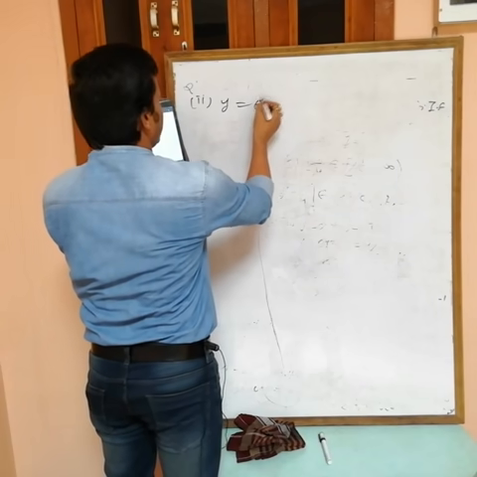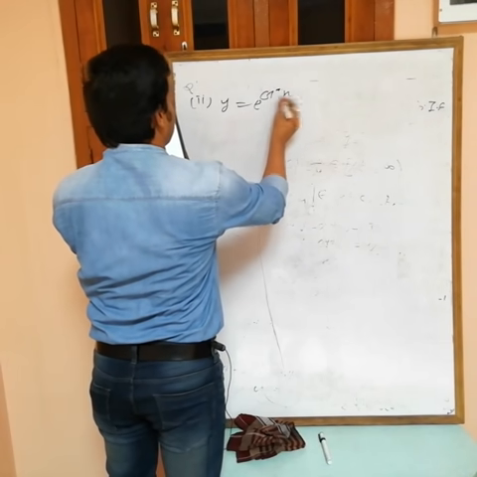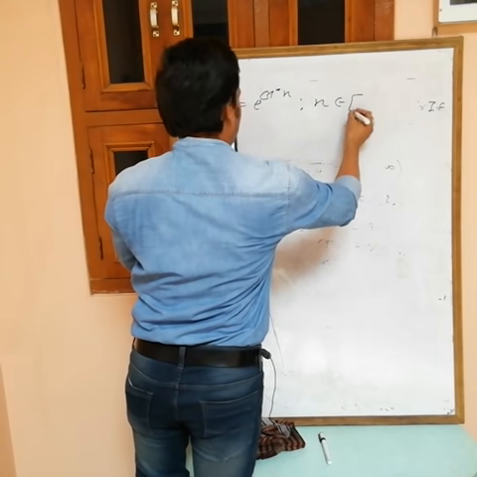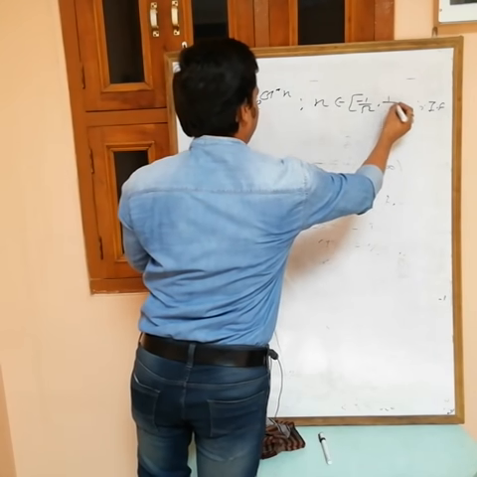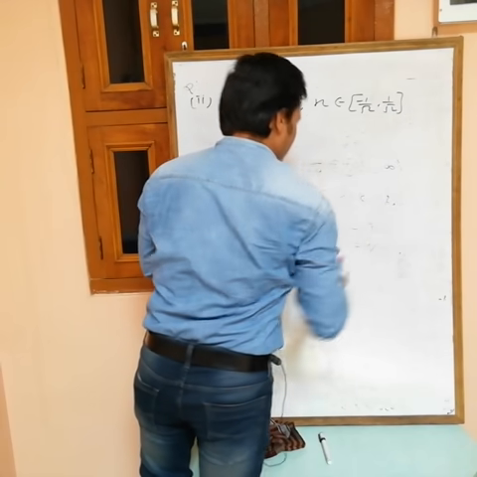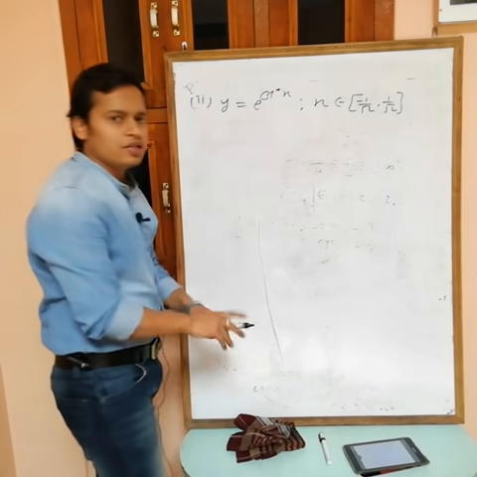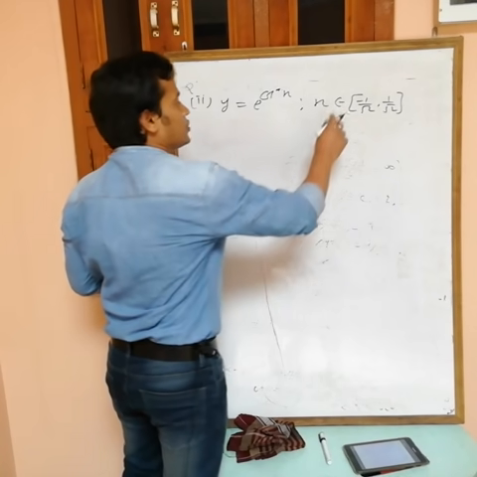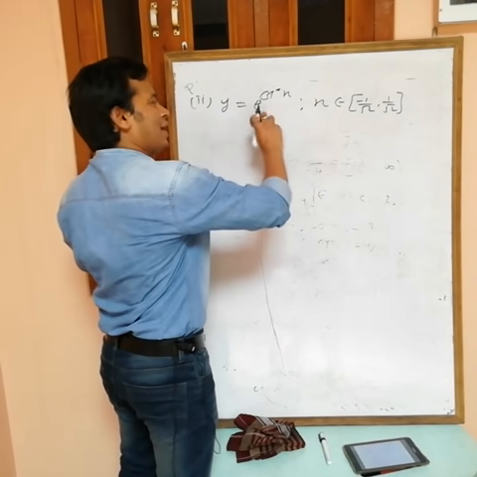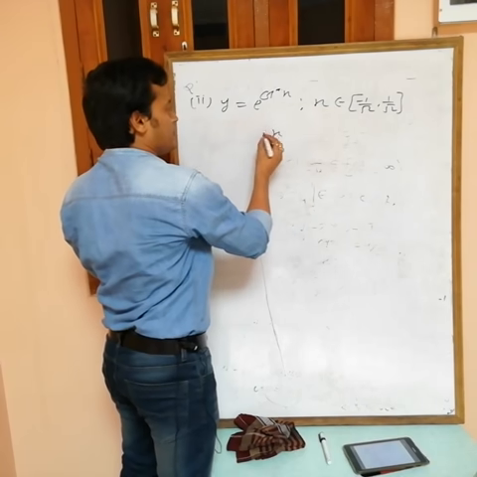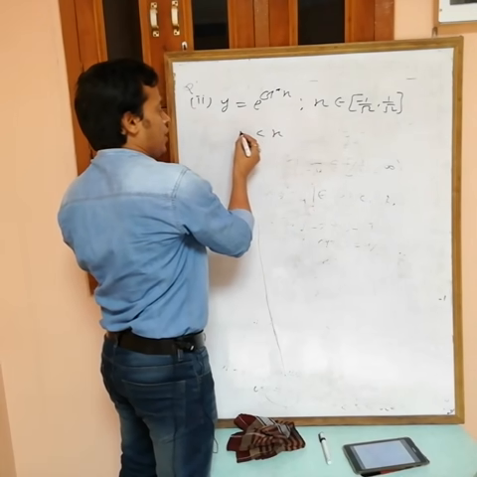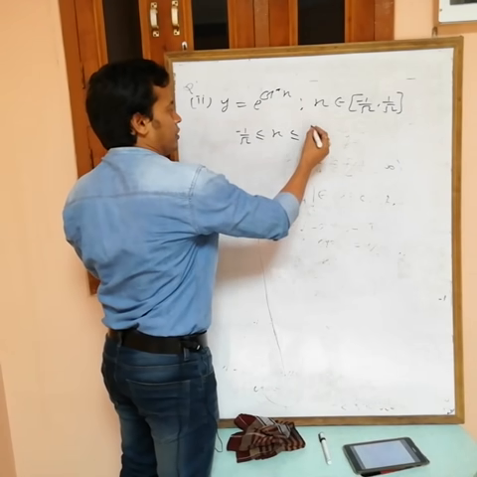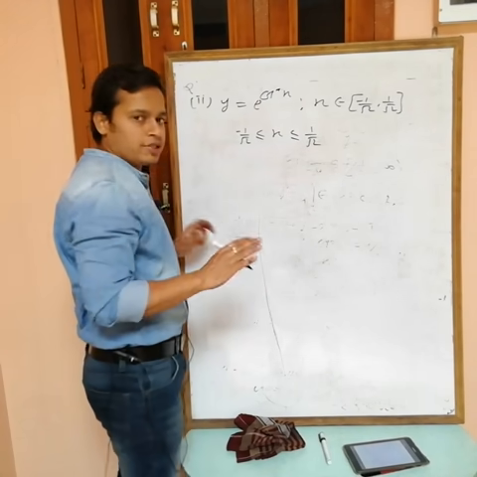Okay, now next one. y equals e power cos inverse x, where x belongs to minus 1 by root 2 to plus 1 by root 2. Again you want the same range. So for range, go inside to outside; for domain, outside to inside. Here the interval is given as a closed interval, minus 1 by root 2 to plus 1 by root 2, so x can take these values.